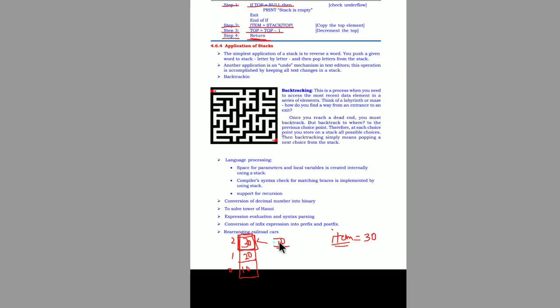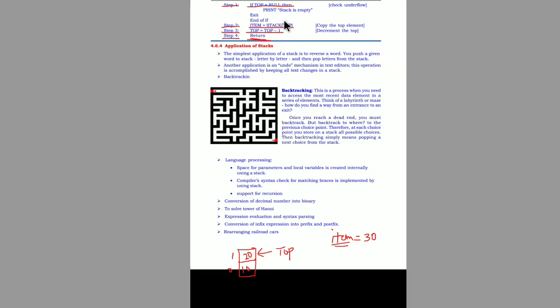So we make the top pointer point to the next location, means this location. So the element 30 will be removed from that stack. 30 got deleted or popped out from the stack. After deletion, 20 becomes the top element now in the stack.